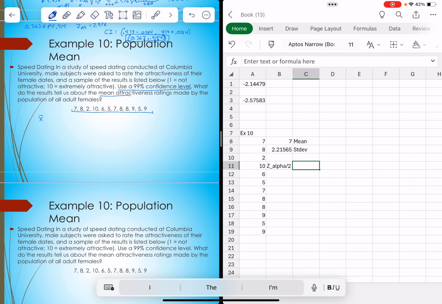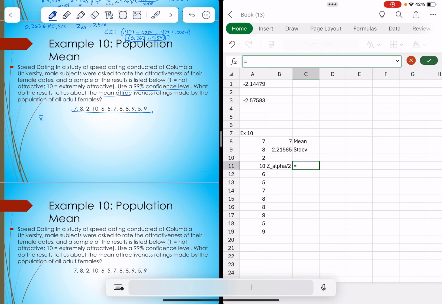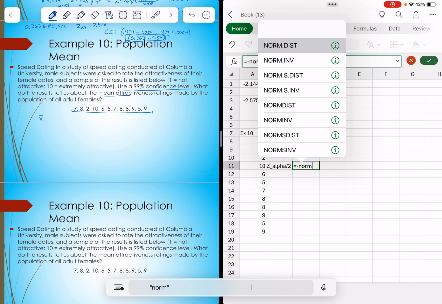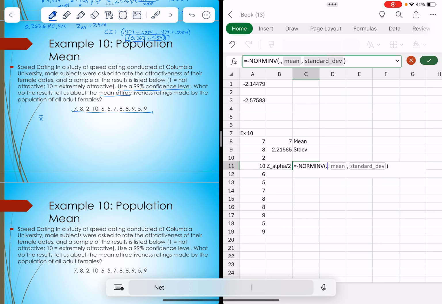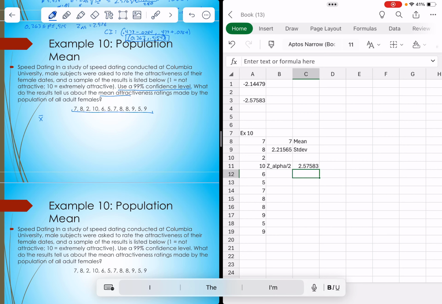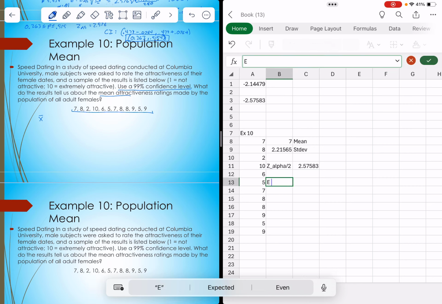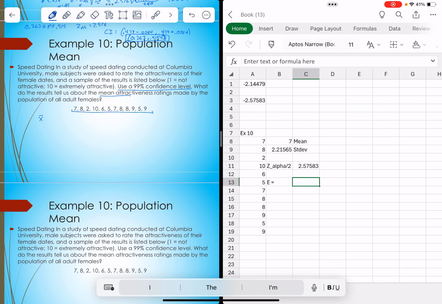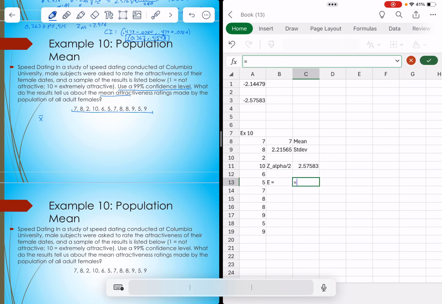Well, now where did that go? Okay. Well, negative norm.inv 0.005. Enter. All right, and so now I've got E equals this thing times my standard deviation divided by,